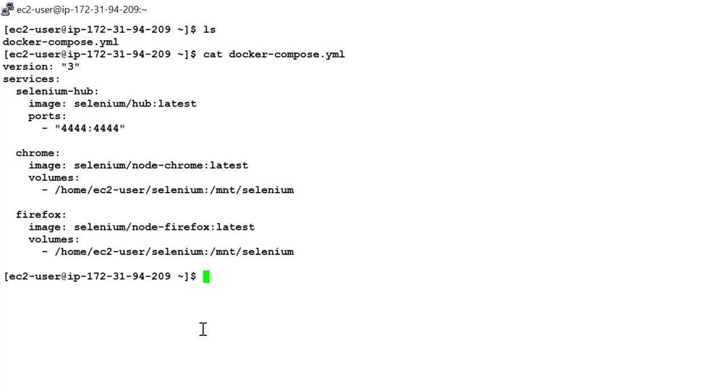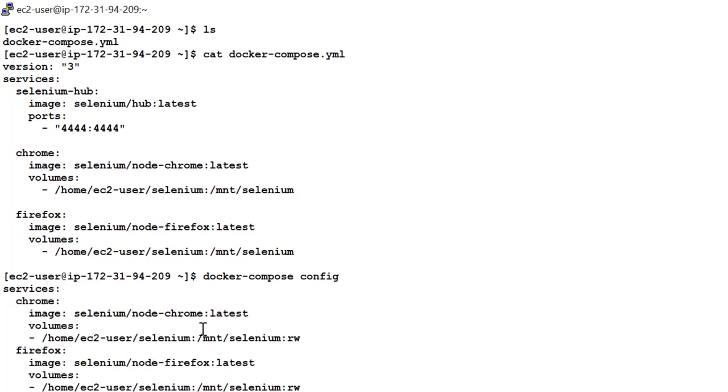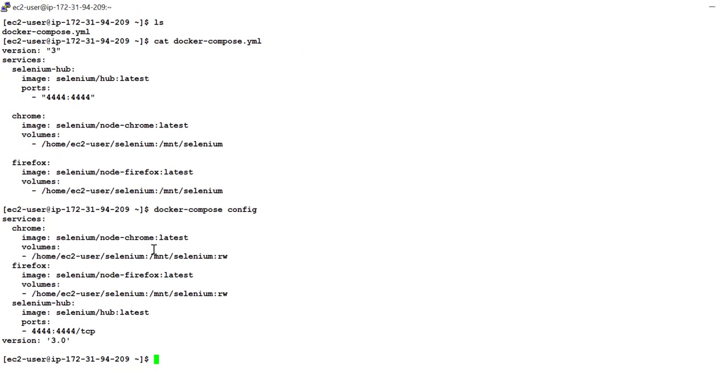First thing is you need to validate if this file is in the correct format or not, and for that we can use the command docker compose config. It will pick the file docker-compose.yml from the current location. Okay, and in case the file name is different, as we already discussed, we need to give the -f option. So my file name is standard and my file is also correct. In case this file had something wrong, this command would have given an error.